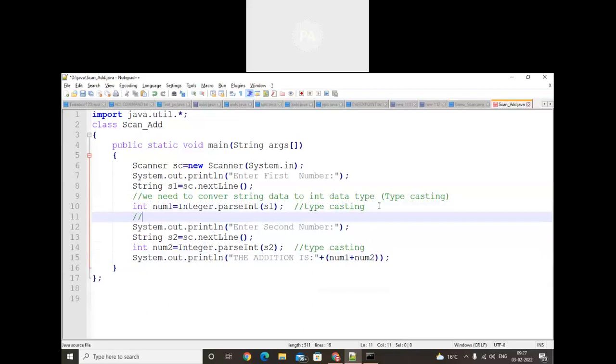For example, here I want to use a float. Float f1. Assume that it is equal to, what should I do? I will use the Float class. So later on I will make a comment because I want to use that class. Float dot parse